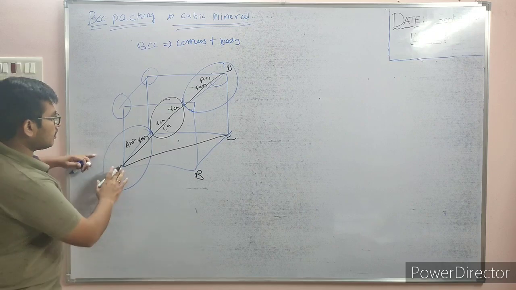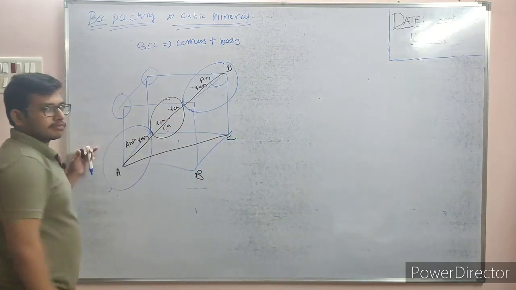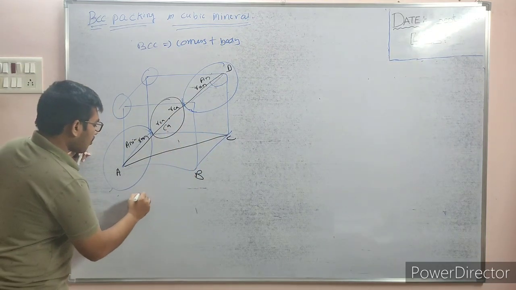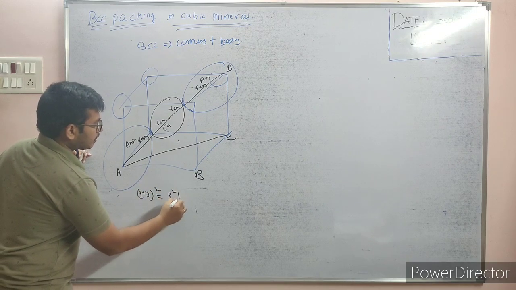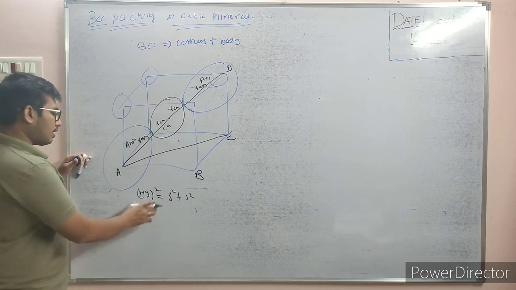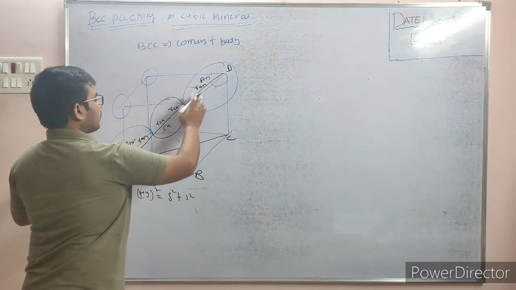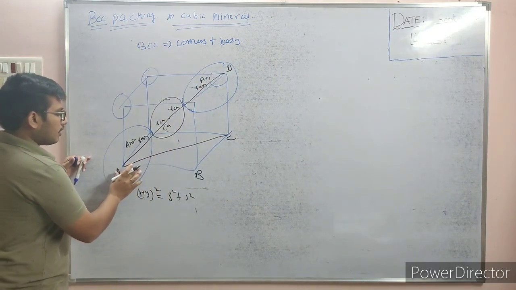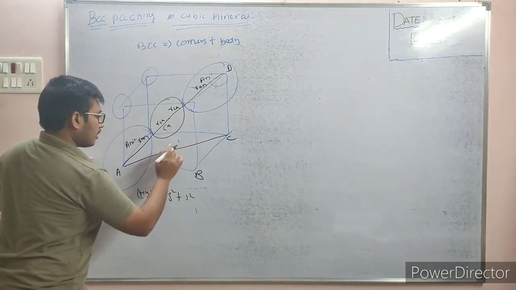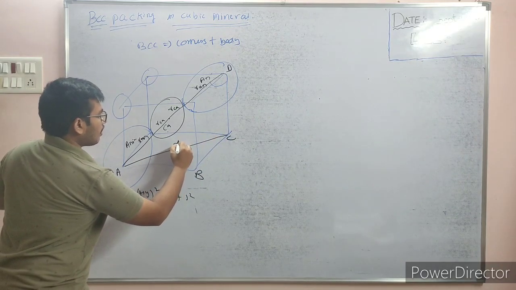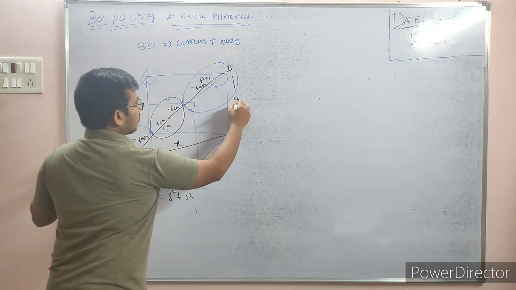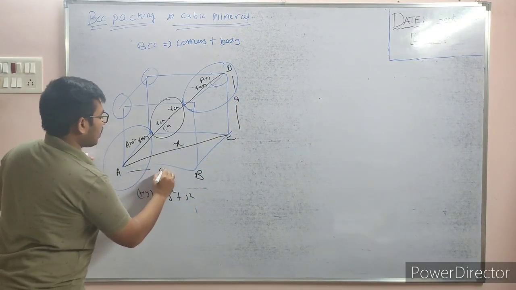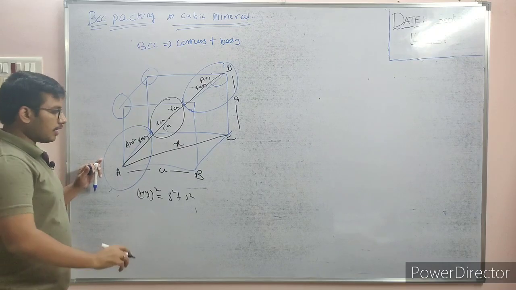Simple है. Now this is the right angle triangle, and right angle triangle का क्या फॉर्मूला होंगे? Hypotenuse square is equal to side square plus side square. In this, hypotenuse is this one, right, and side square is AC. Okay, this is side square. For example, we are putting x, and this one we know as edge length a, and we know this as edge length a. ठीक है.